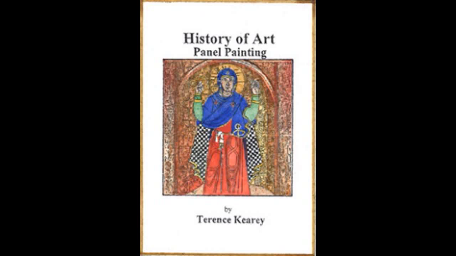Panel painting was a development, using both the works of the fresco painter and the art form of the mosaic stone layer. The difference being the panel painter's work could be moved. The panel painter still painted on plaster, only the plaster was laid on a panel of wood, which allowed it to become transportable. However, in the transition the form and style changed, for now the figures and the faces were